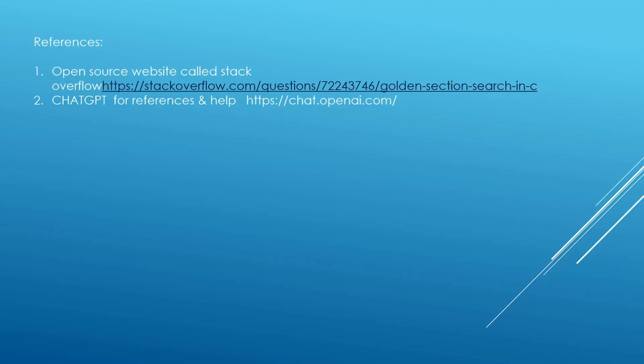For this I have used some online resources like Stack Overflow, and I have taken the help of ChatGPT also. So in this way I have made a program on golden section search using